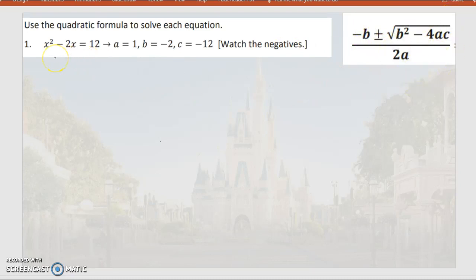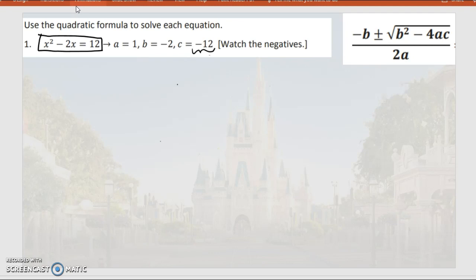So they're going to give you an equation, and it looks like this. That's your equation, your quadratic equation. And it even tells you what your A, B, and C are. Now, I think you're probably wondering why C suddenly turned negative, and the reason for that is because they had